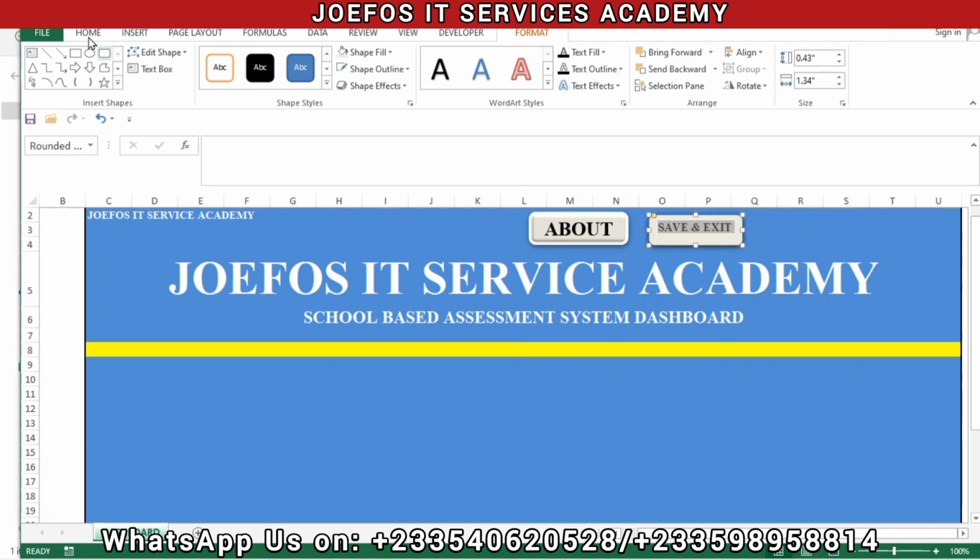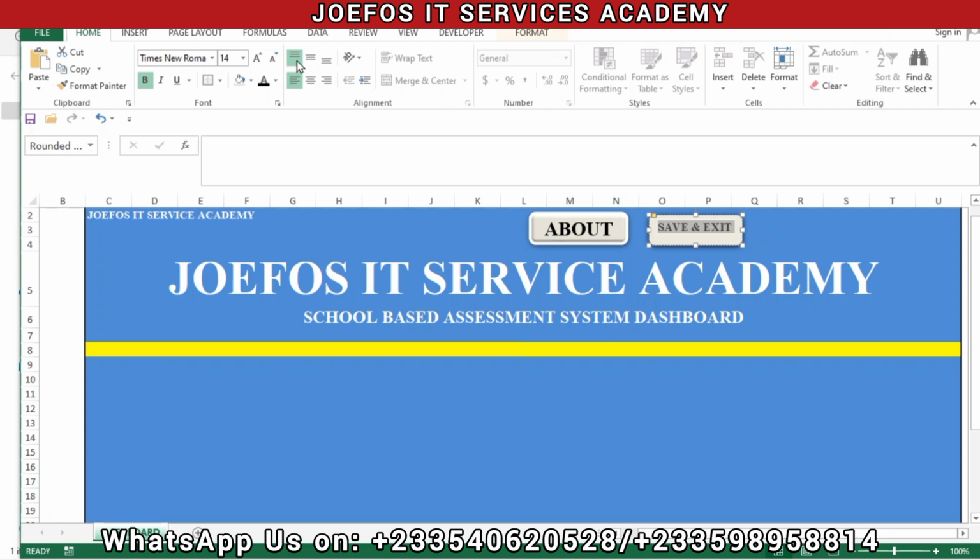That is it. Then the alignment, so please let's go home, come to this one, align center, then I think we are moving in the right direction. Good. So the next thing that we are going to do is to insert another button that is going to help us to hide